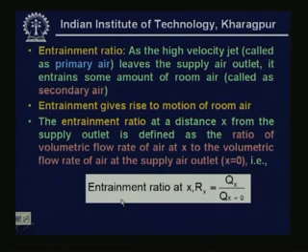Next, there is a very important concept, that is entrainment ratio. As the high velocity jet called primary air leaves the supply air outlet, it entrains some amount of room air. This is known as secondary air. As I have already explained, you supply air to the conditioned space at a high velocity and low temperature. This high velocity air, as it flows into the room, entrains some room air. That means the air that is already existing in the room is entrained by this